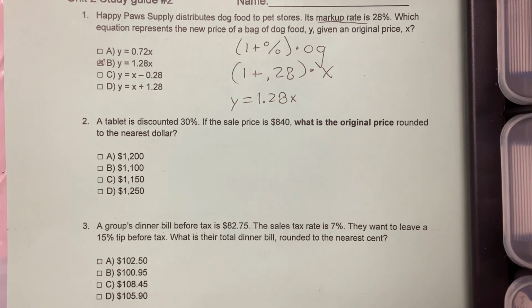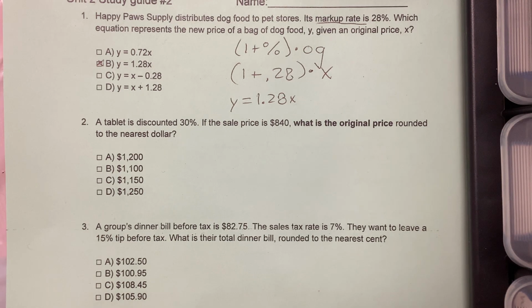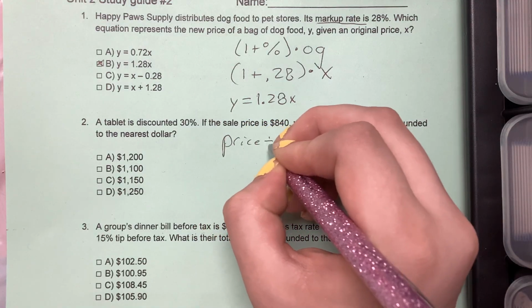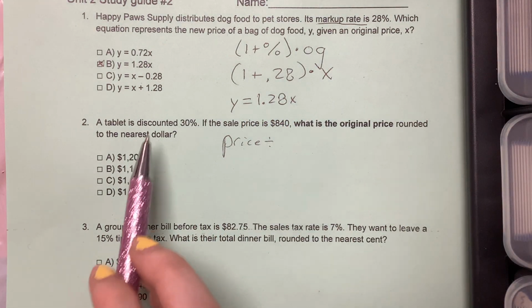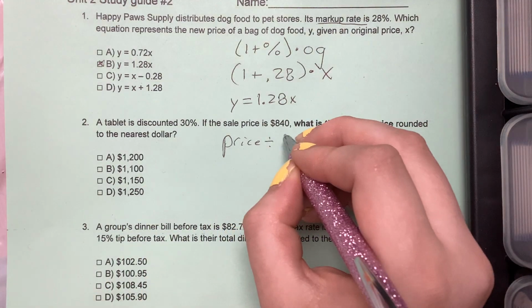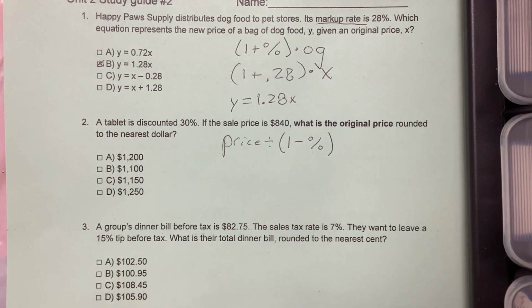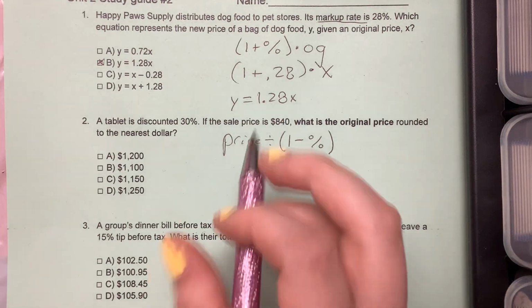Number 2, a tablet is discounted 30%. If the sale price was $840, what is the original price rounded to the nearest dollar? Okay, when we're trying to find the original, you always start with your price divided by. Since it's a discount, we're going to subtract 1 minus our percent. There's our formula. Our price was $840